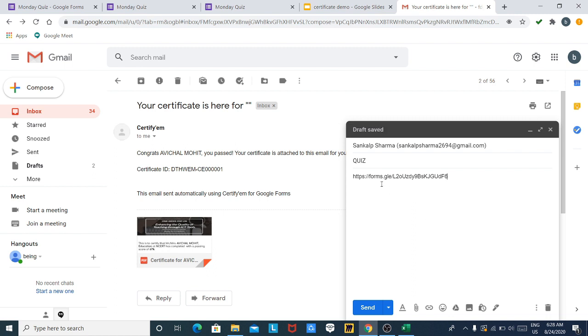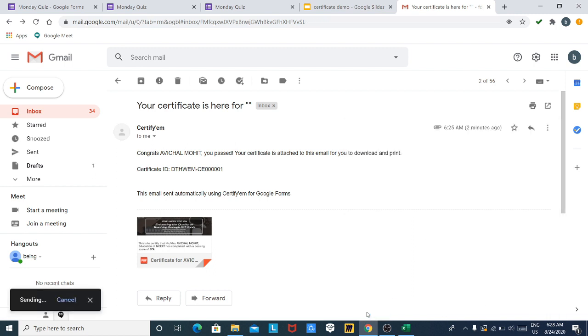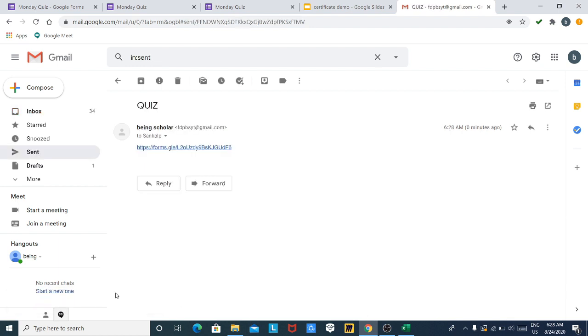You see that the link is just pasted. Click on send, view message. So whenever Sankalp Sharma opens his mailbox, he will see a link. When he clicks on this link, he will directly go to the quiz. When he answers the quiz, he will get a certificate with a passing mark.